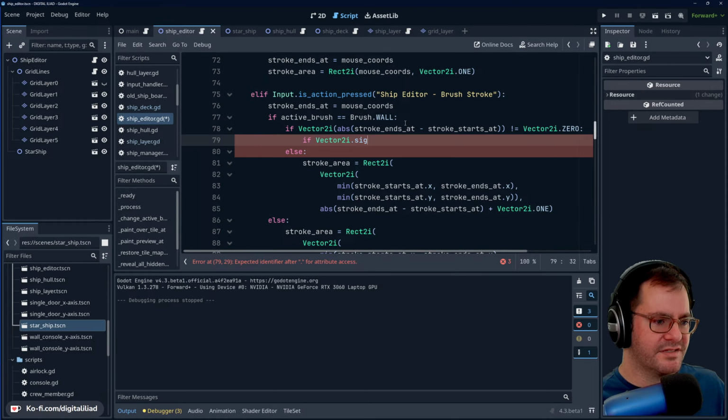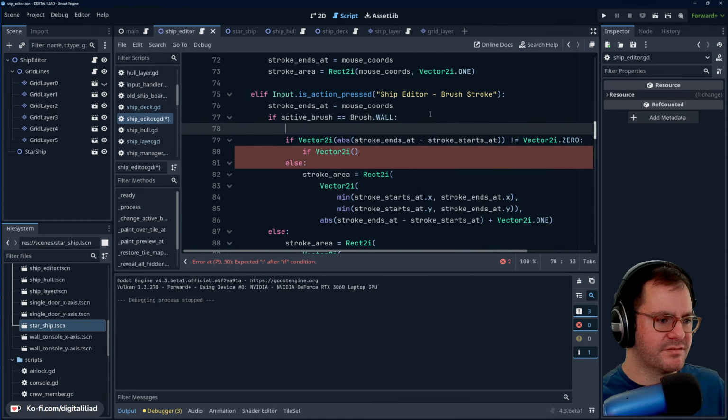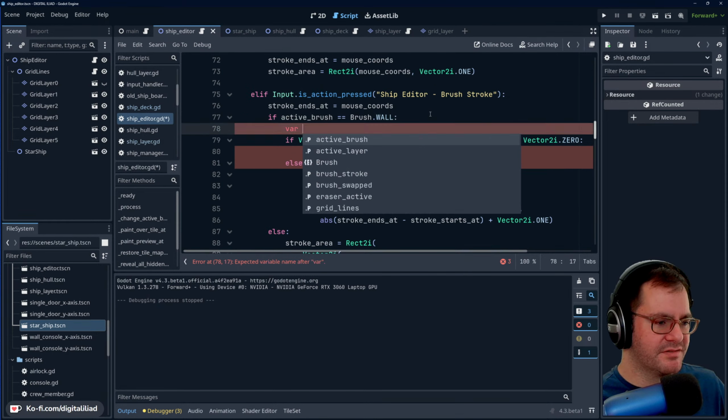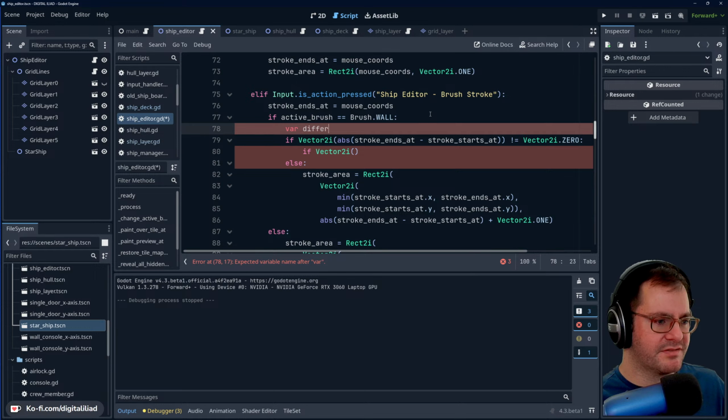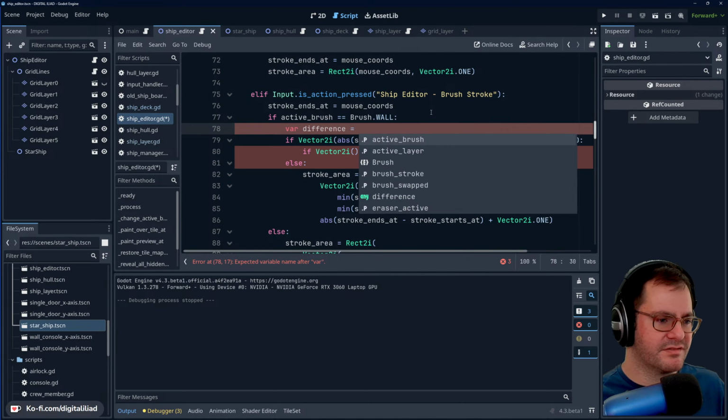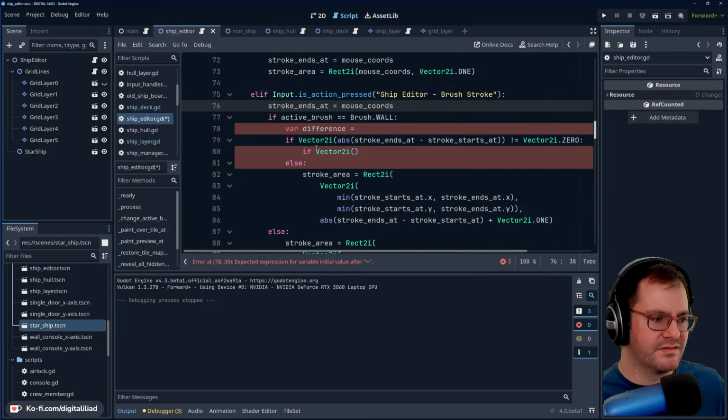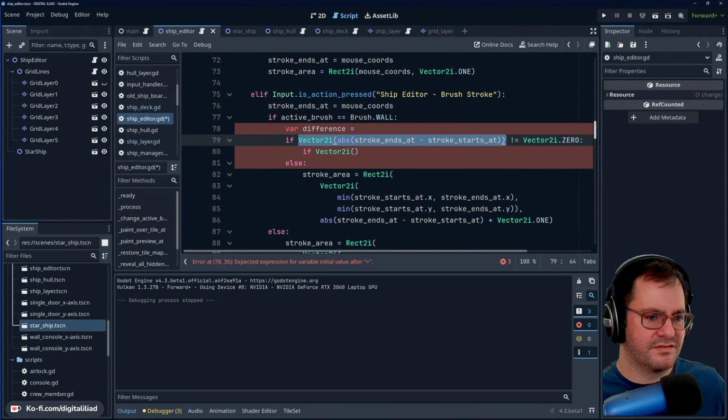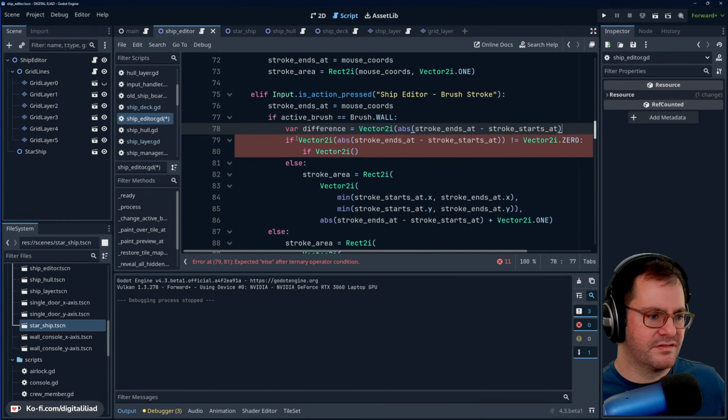Why not declare it like this? No, I'd say vector 2i... Let's say this. Let's say variable. Let's say difference. I don't know. Is... And we'll say if the difference is not equal to 0,